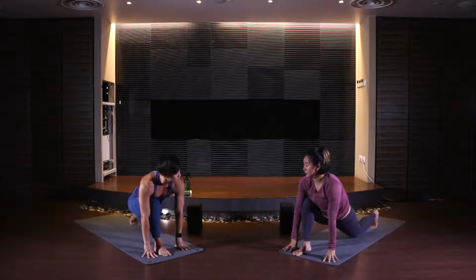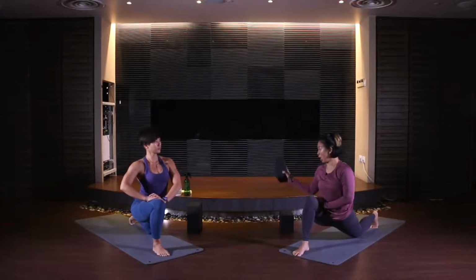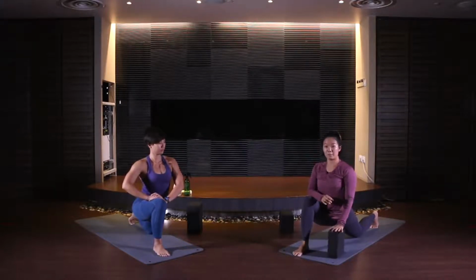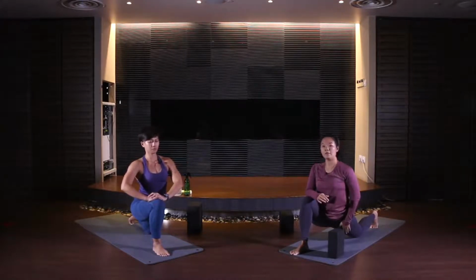Lower the right knee down. Come out onto your left thigh. And this time, if you need some support, you can use your block. Place it where the right hand would be. And lift the chest. Okay, so the first thing we're going to work on is the hip flexors on the